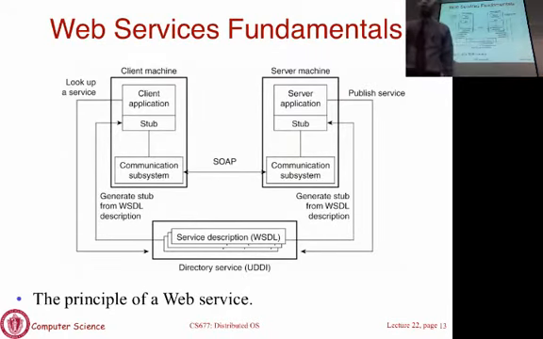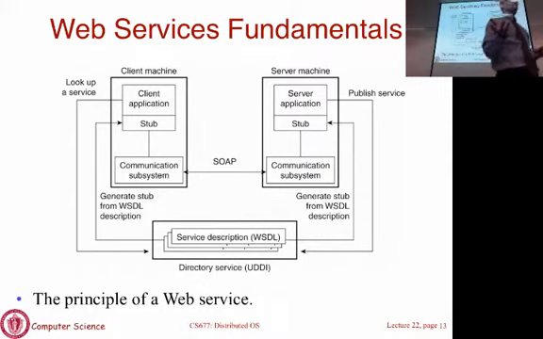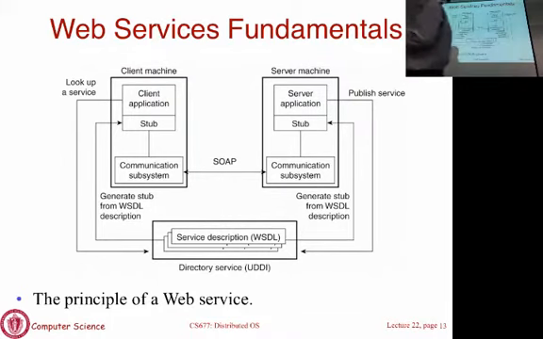Okay, but before I do that, I want to say something about web services. Typically, most of the web requests are between a human and a server. Human uses a client to access content on the server. Okay. But there are many systems where the client is another server that is accessing content on a second server. In this case, you don't have a browser. You have one server that's acting as a client that's accessing a second server. And what they are doing is they're using what is referred to as a web service to communicate between one another. Okay. So HTTP has become a way for servers to communicate between one another, just as client browsers can communicate with servers.